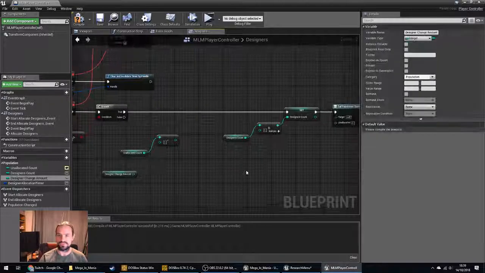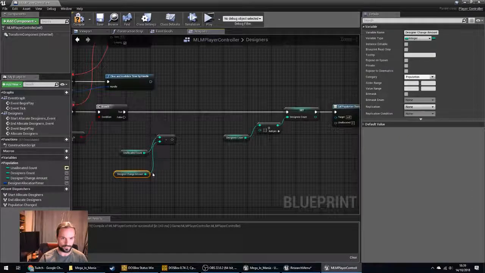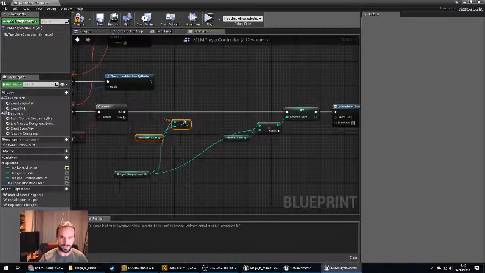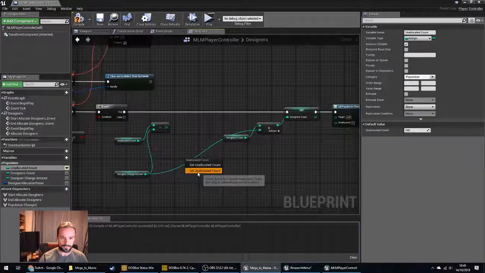Can't make it constant or anything, can't make it unchangeable, but that's fine. So we just want to make sure that what we're taking out is what we're adding. Again, if we don't do that, there's a big chance that later on we'll have issues. So set,